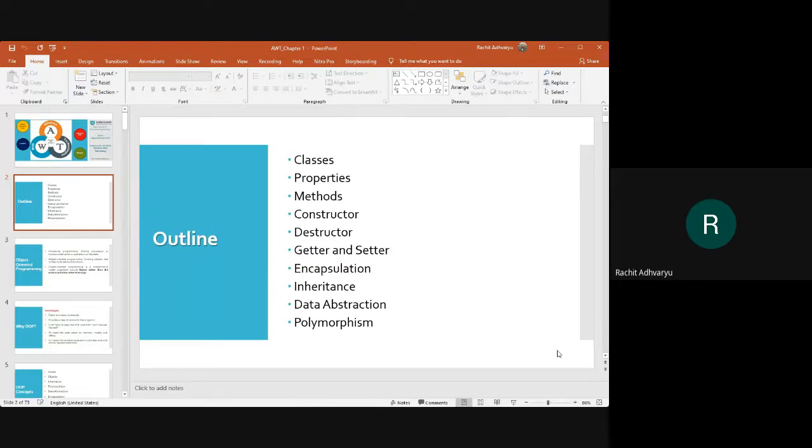What is the difference between OOP and procedural oriented language?